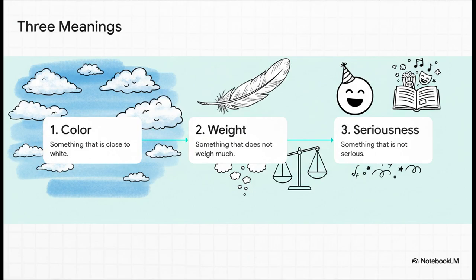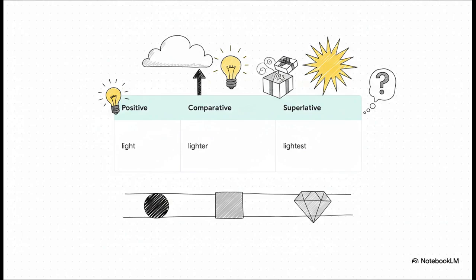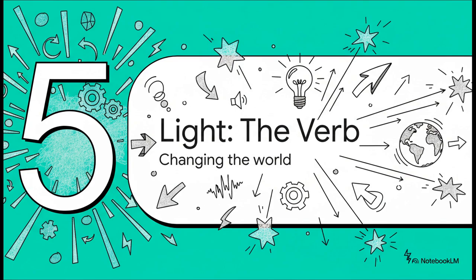Those three ideas have literally nothing to do with each other, but we use the exact same word for all of them. And of course, grammatically, it behaves like you'd expect. You can have a lighter color, a lighter package, or the lightest conversation topic. So the grammar is consistent, but the ideas it's describing are all over the map. So far, light can be a thing and it can be a description. But it can also be an action. Now we're getting to the verb form, where our simple little word actually goes and does something.